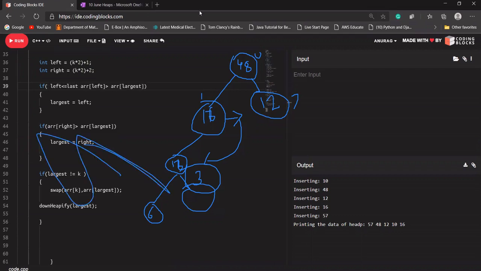Please do not draw anything on the board. Okay, let me remove the permission. Okay, so